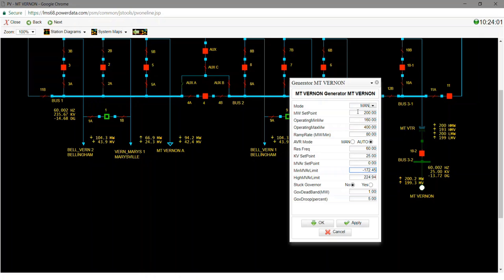So right now this is telling me that at this megawatt set point, or at this megawatt output of 200, my minimum megavar, so the maximum number of megavars that the unit can absorb, is 172. Its limit for how many megavars it can supply to the system is 224. So right now at just about 200, I see that I've still got about a 24 var band in there. These bottom three, the stuck governor, deadband, and governor droop, you probably won't be dealing